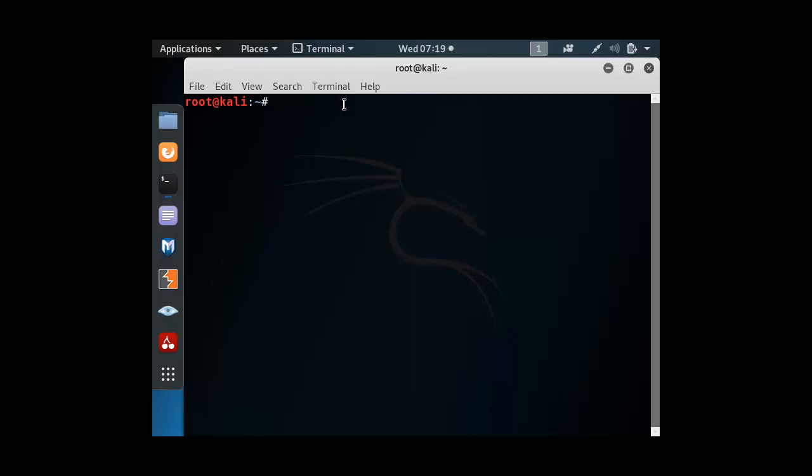When your terminal is open, the name of the tool is WAFW00F, and you need to be careful here because it's actually two zeros, not the letter O. If you don't have the tool pre-installed, you type the command to install the tool on your system. You do an apt-get like on any other Linux operating system. You do apt-get install